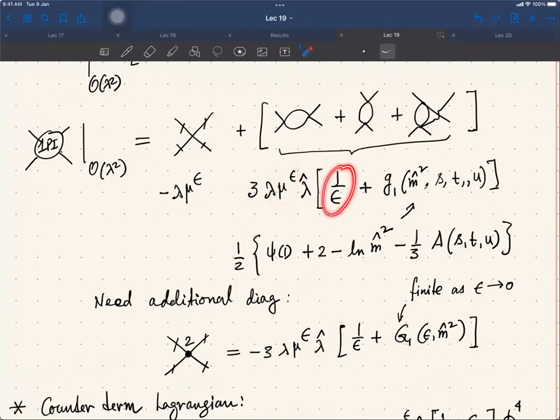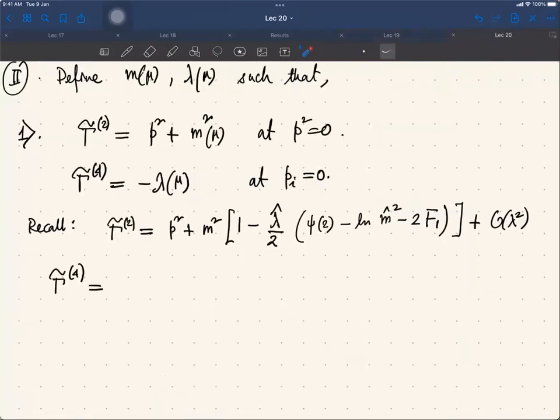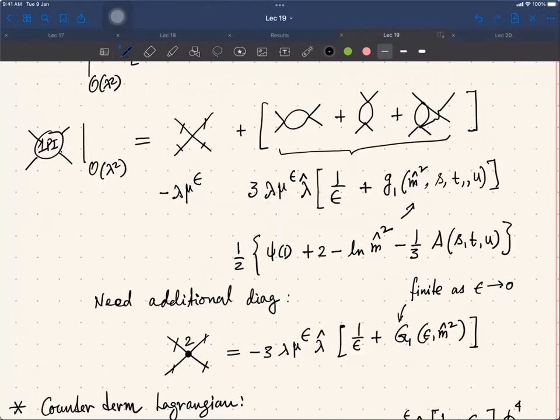This pole will be cancelled by the counter term, and plus g1. So let us write that much. So minus lambda times 1 minus 3 lambda hat times g1